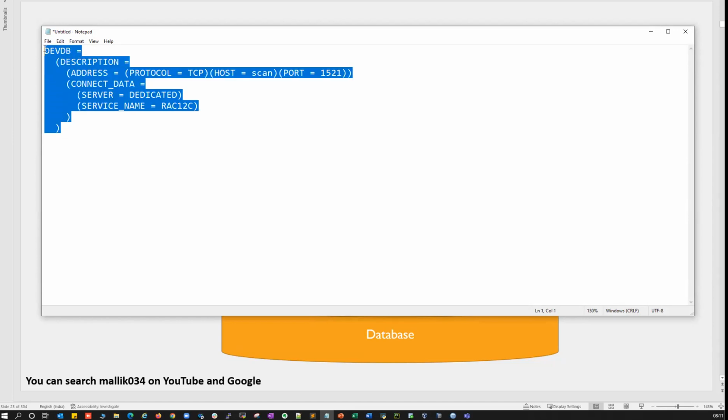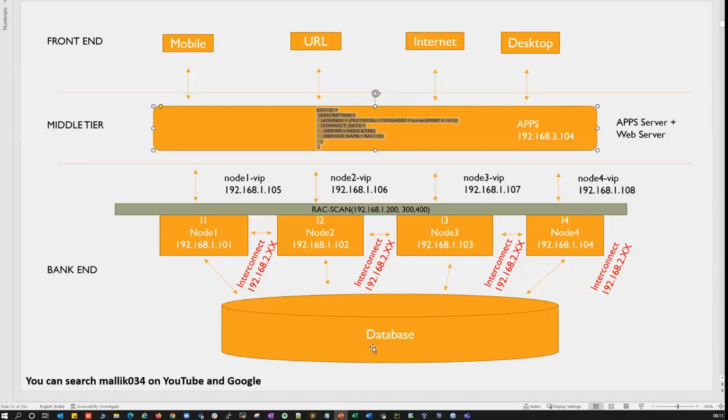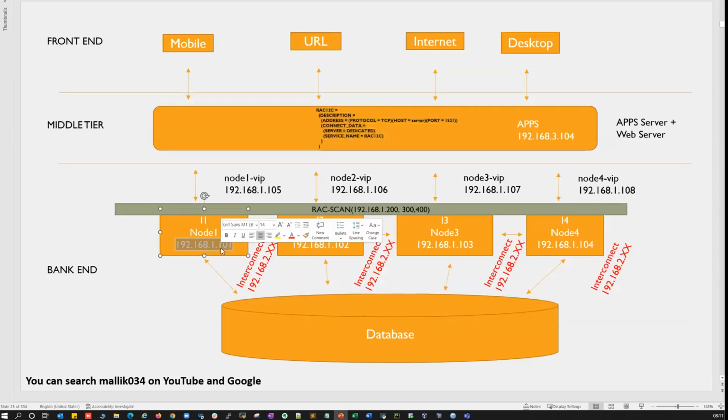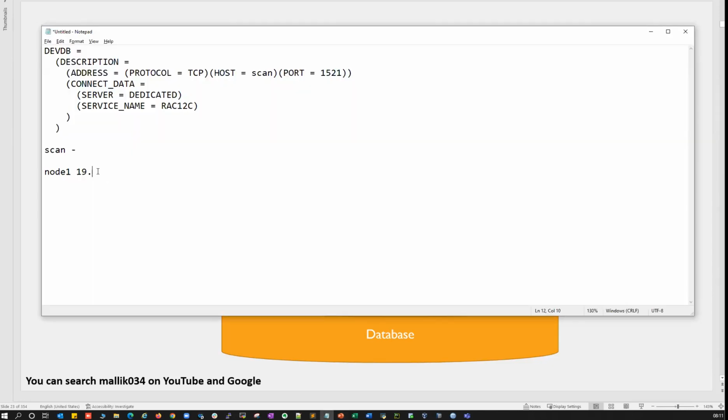They will configure this TNS details inside their application. So whatever end user is going to connect to my database, he's going to use this particular scan name here. And then we know this scan is, I'll just put it down. I have node 1, and I'll take this particular IP. Node 1 has this IP, and then